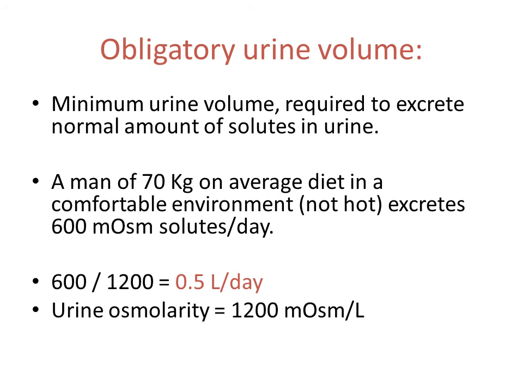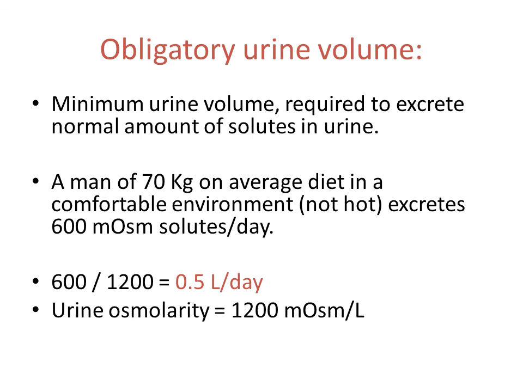This is the reason why if sea water is drunk, it will lead to severe dehydration. The reason is that sodium chloride in the ocean averages about 3 to 3.5%, which has an osmolarity between 1000 to 1200 milliosmoles per liter. So drinking 1 liter of sea water with a concentration of 1200 milliosmoles per liter would provide a total of 1200 milliosmoles of sodium chloride. If the maximum urine concentrating ability is 1200, then the amount of urine needed to excrete this 1200 milliosmoles would be 1200 divided by 1200, which is 1 liter.